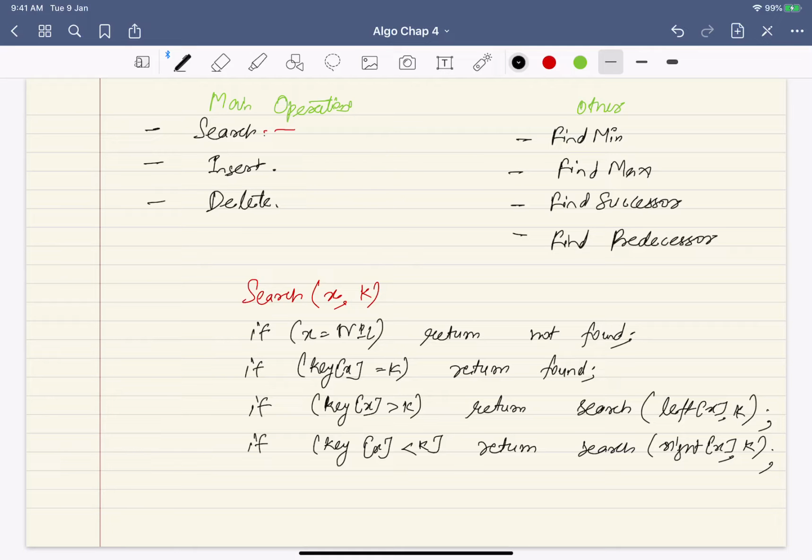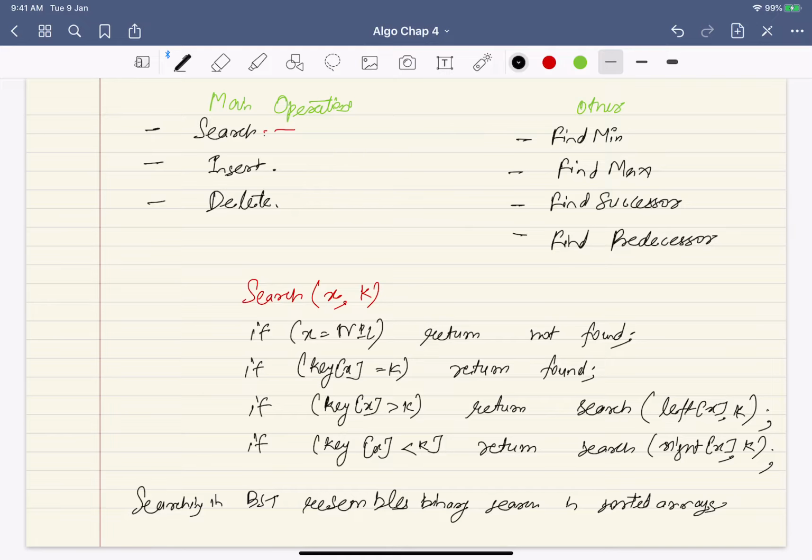You will keep on searching, and either you get a base case, so you either find a nil or you find the key, and that should be the output. So now you can see that searching in a binary search tree resembles binary search on sorted arrays. Okay, so that was the search operation.